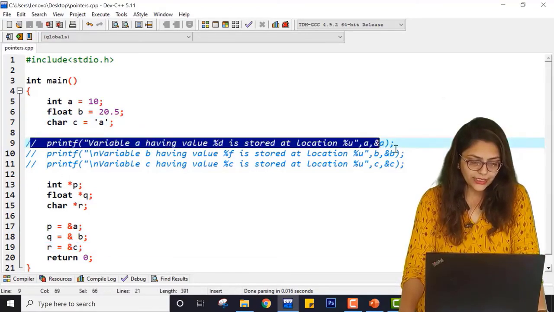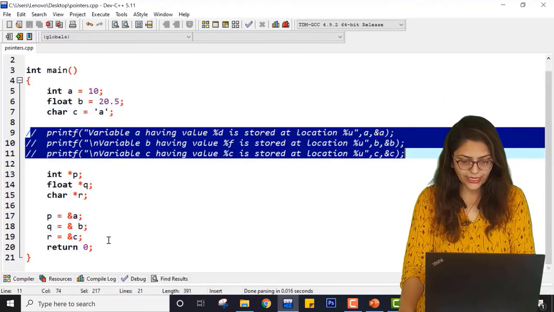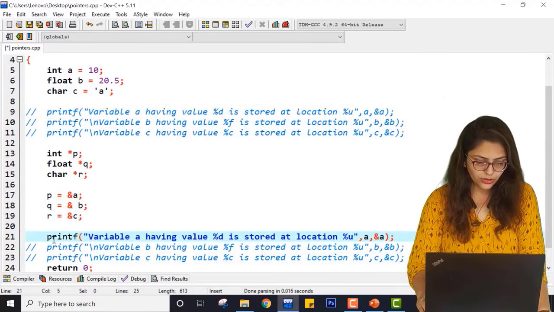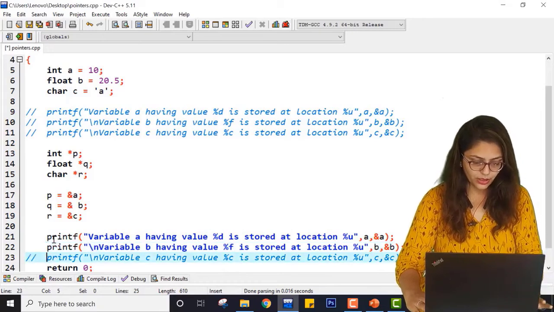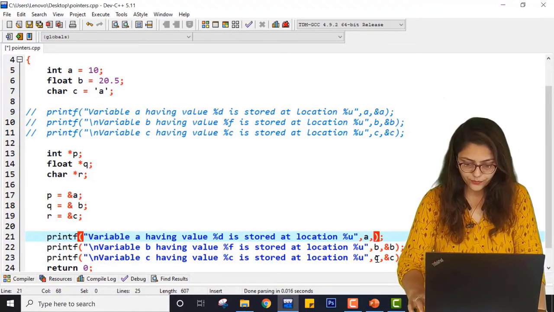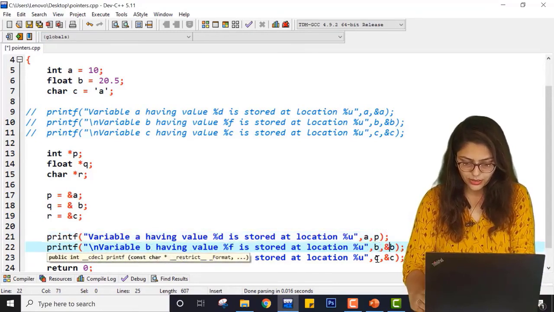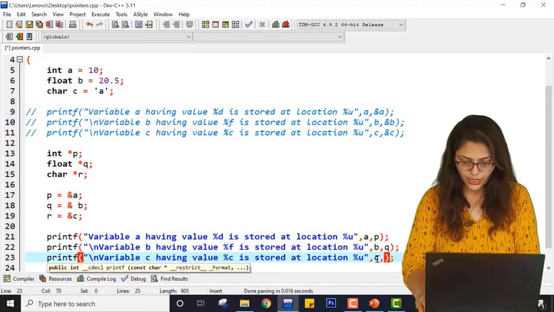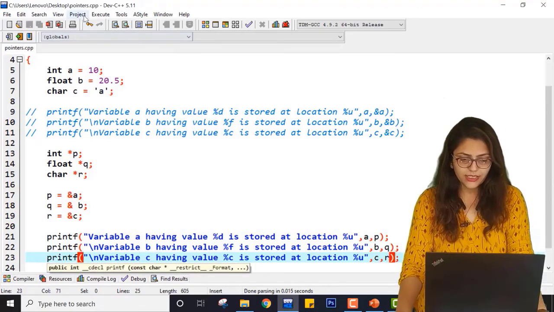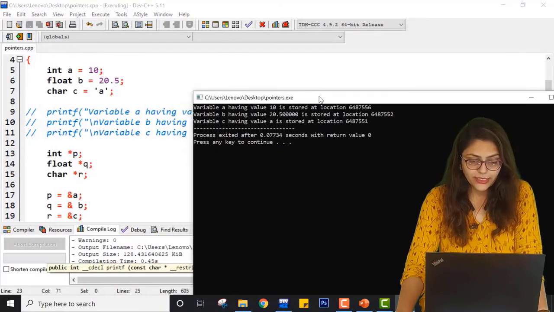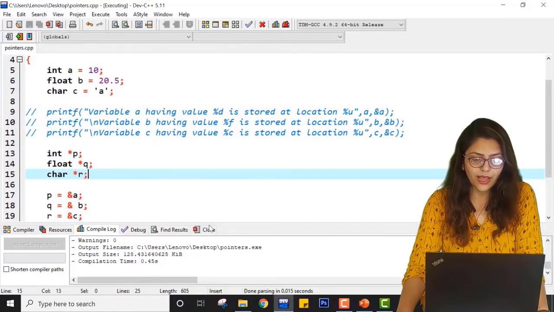So instead of writing this entire statement, I can also write, modifying it a bit, here you can write p, here you can write q, here you can write r. Let me save this program, compile it and run it. You can see it is assigned some different value.